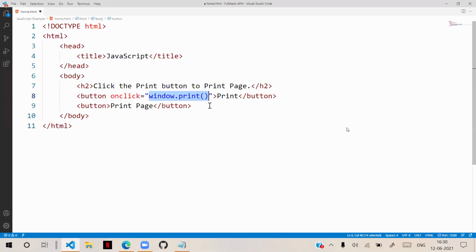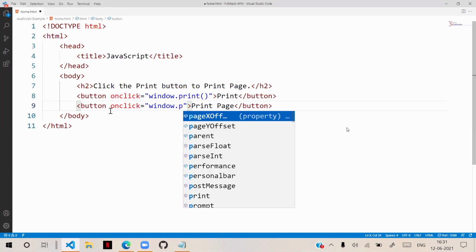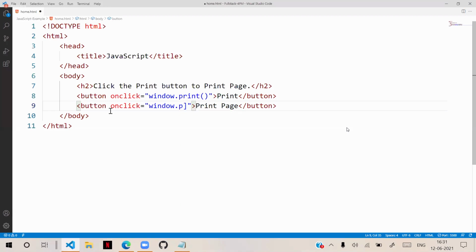But if a lot of logic is present and I want it again, then you have to write for this button again. That means you have to write onclick equals window.print again and again. It is a small functionality, that's okay, but if it is a lot of lines of code we have to configure, that's difficult. So it is not reusable. This is the problem with the inline technique.